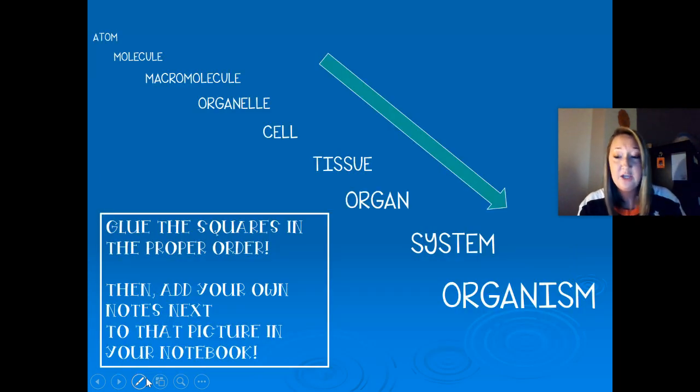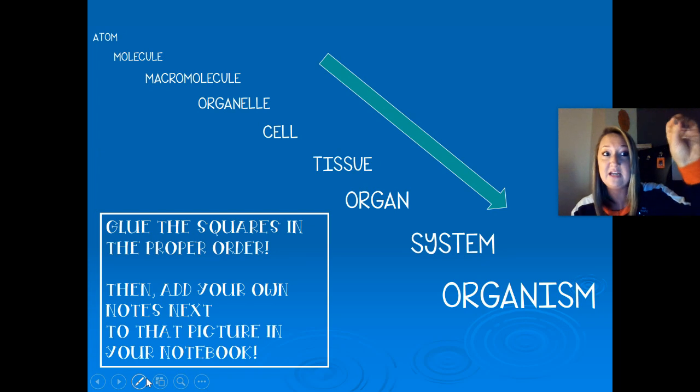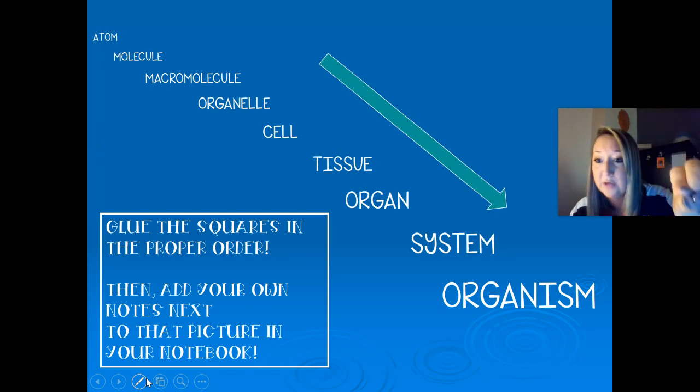So tomorrow, you're going to have an assignment where you're going to sort items on a slide to put them in the correct order. And you want to make sure that you put them in order from smallest, most simple, to largest, most complex. And our smallest, most simple is going to be from the atom, molecule, macromolecule, organelles that make up cells, cells that make up tissues, tissues that make up organs, organs that make up systems, and eventually an organism, right? So feel free to go back through here if you didn't write everything down or if you need to get something else.